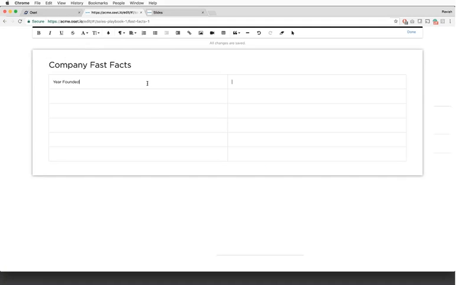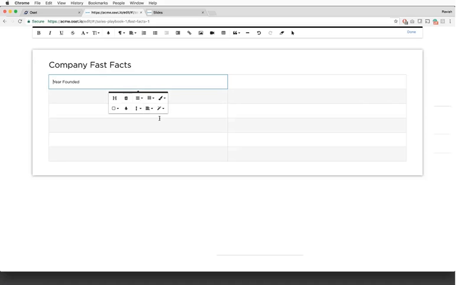So let's just say what was the year this company was founded in. Let's also make this a little different, and we'll do alternate rows, make it just look a little different. So year founded, executive team,